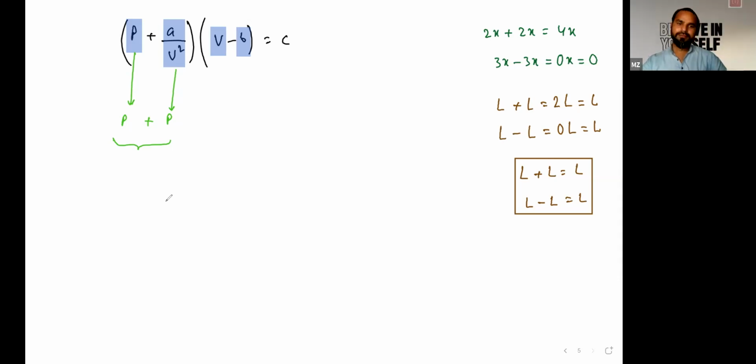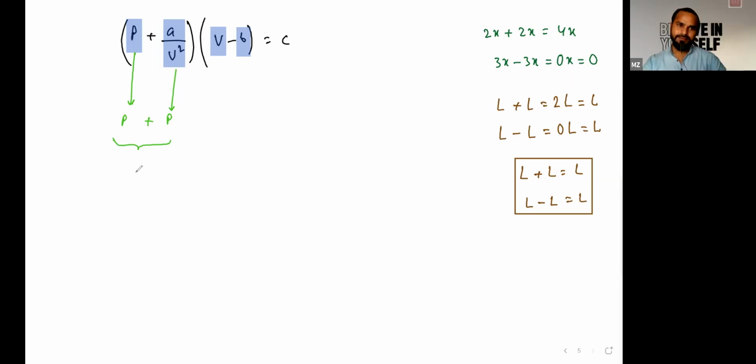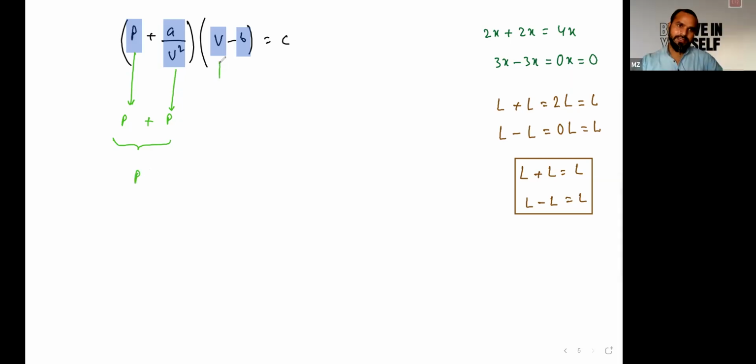Yes, Samara. P plus P would be Safan, P plus P would be equals to 2P, and 2 is any number, so we can neglect it. So what we are left with is P. Good. Similarly, for this part, this is your volume and this must be your volume. So V minus V, so what would be